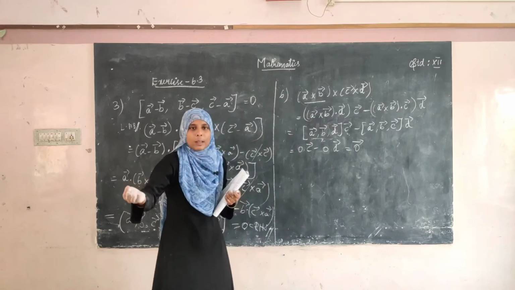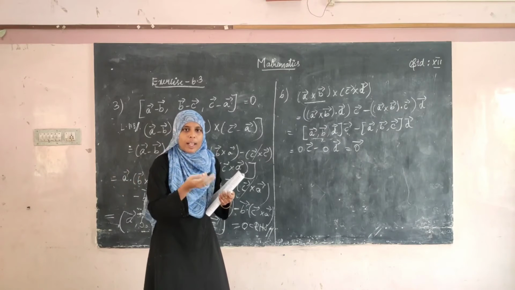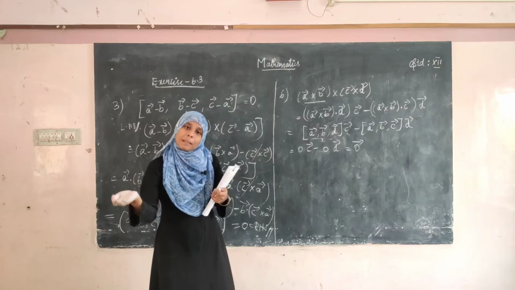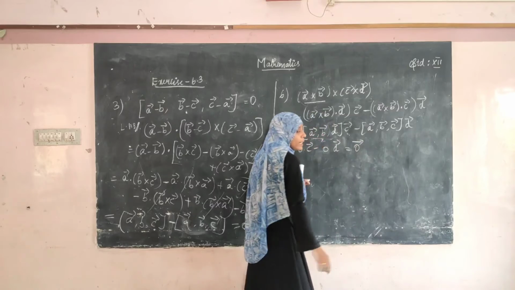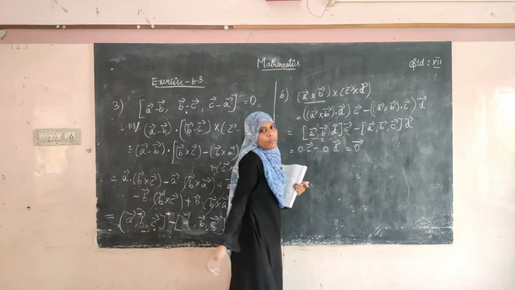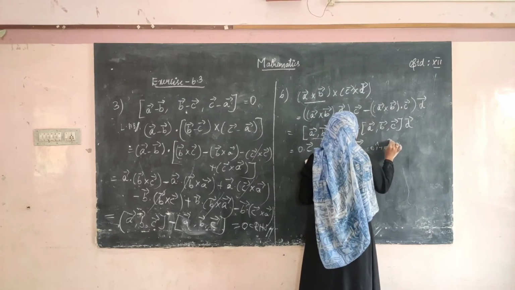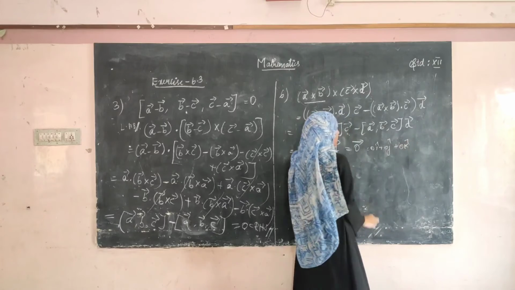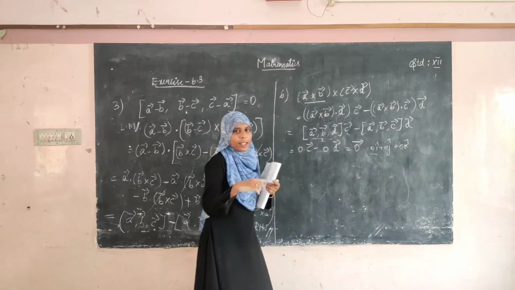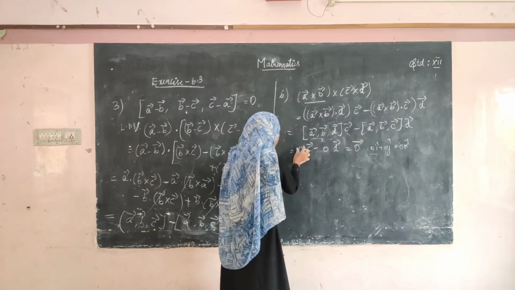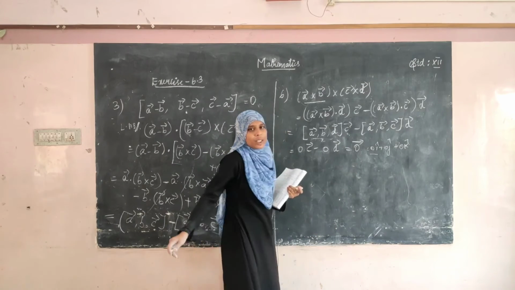For example, if we take 2 into a vector, 2 into 2i plus 1j plus 3k, what happens? It gives 4i plus 2j plus 6k, so we get a vector. So to represent that the answer is a vector, they are representing it as 0 vector. 0 vector means the answer will be 0i cap plus 0j cap plus 0k cap. 0 vector will be in this format. Just 0 would be a single value, as in the dot product. But here, when a value multiplies a vector, the answer comes as a vector. So therefore we are writing it as 0 vector.